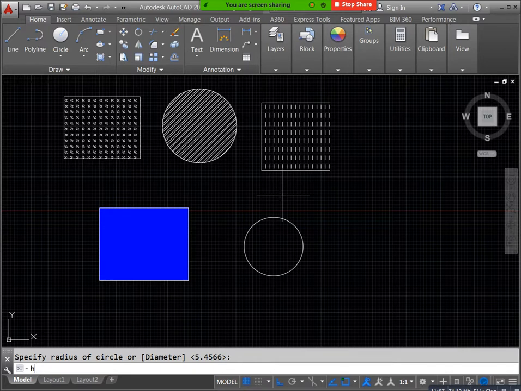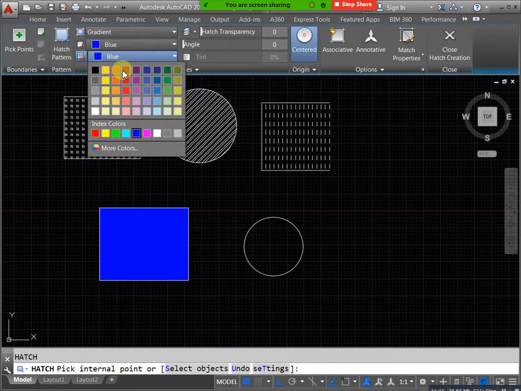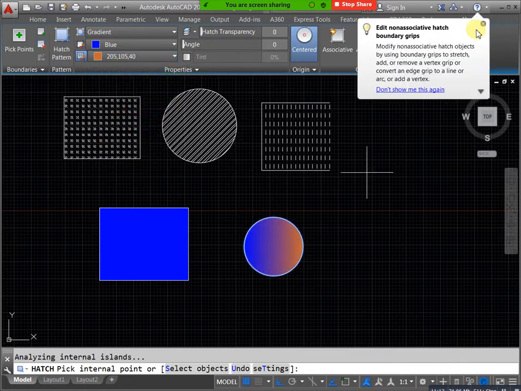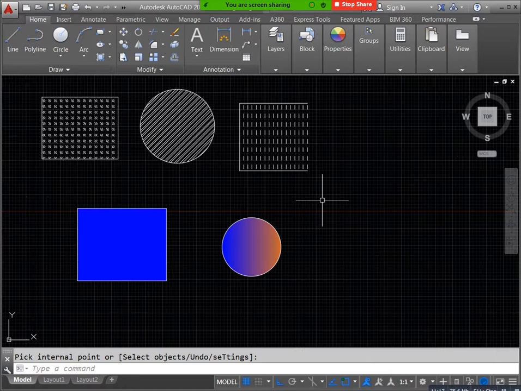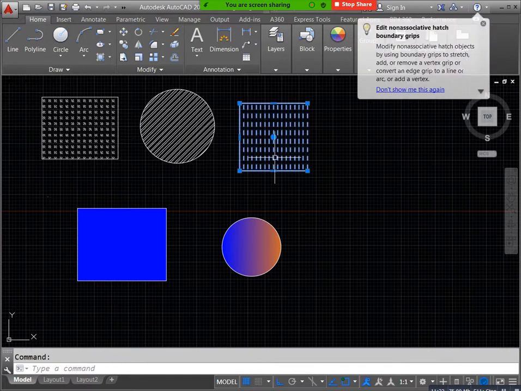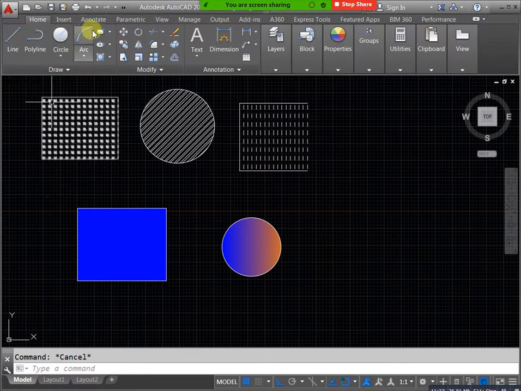Next, if you need, okay, just select, I will show associative. Just mention hatch. Associative controls whether the hatch will automatically update when you modify its boundaries.